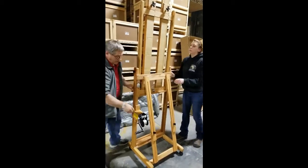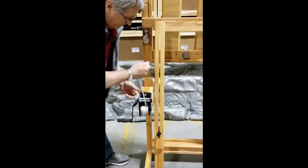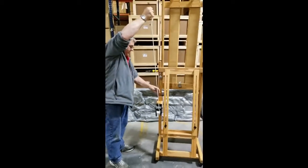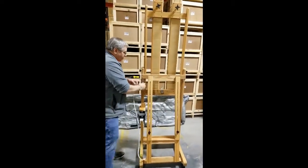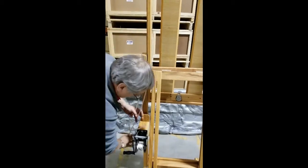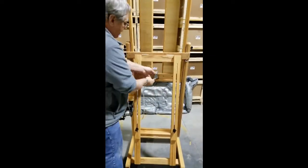Once that's done, you're going to take the winch rope. By loosening this, you will take and unwind it. If you don't want it to click, this knob here can be moved to neutral. And you can pull it out again, watching not to hurt yourself. You're going to take it and run it through the first pulley. Then through the second pulley,